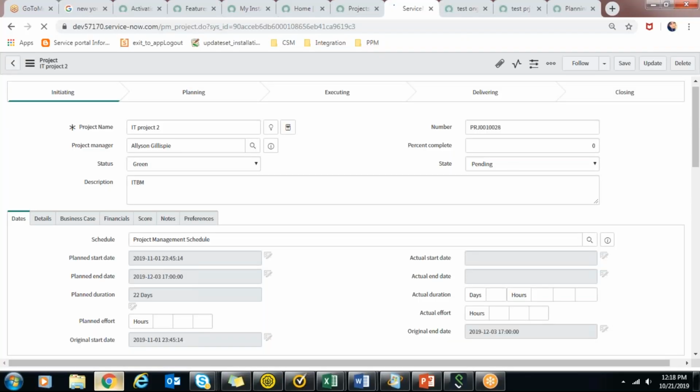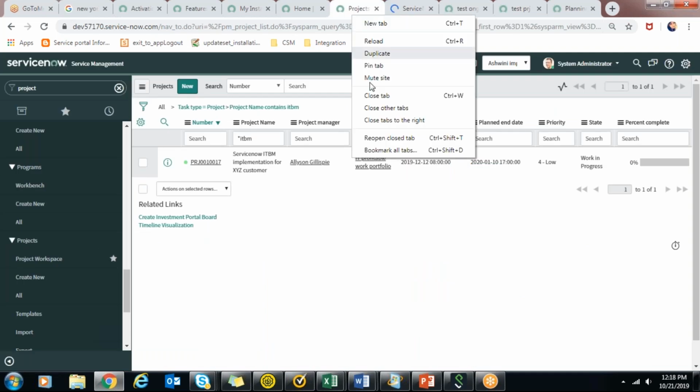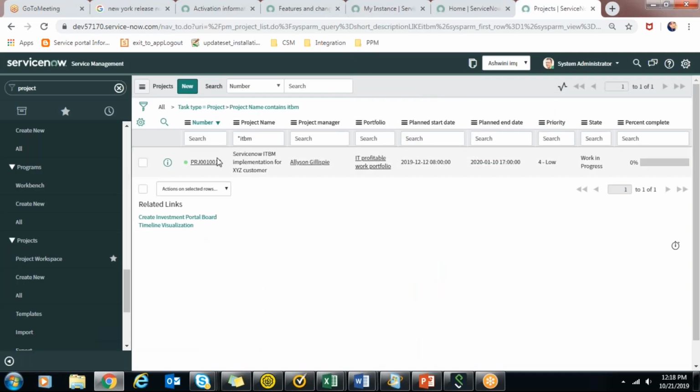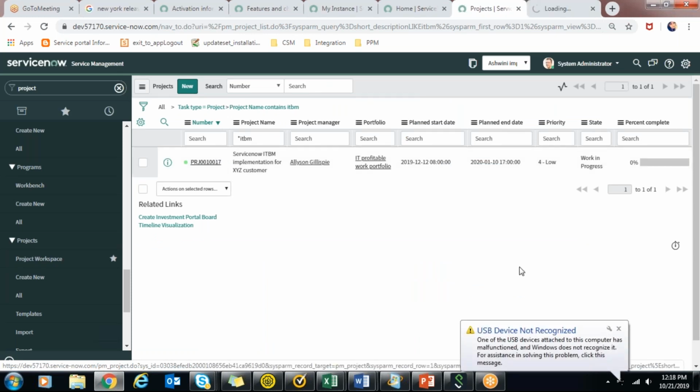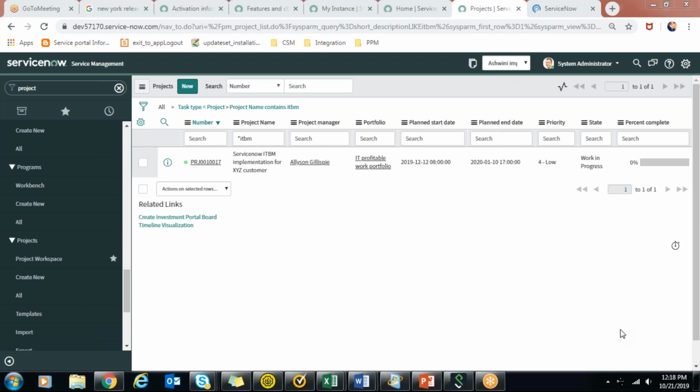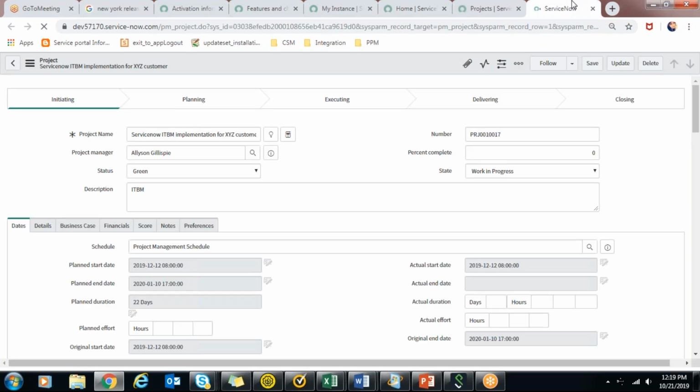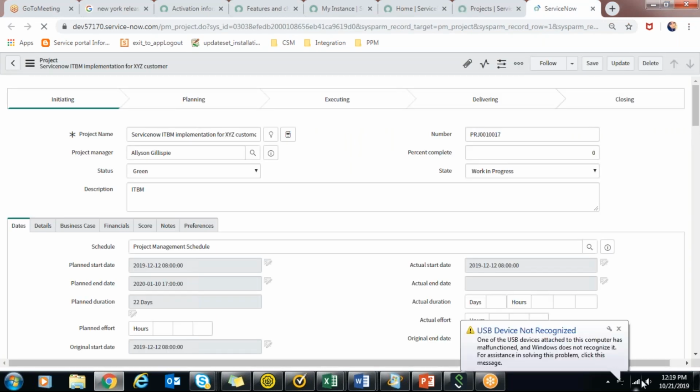So if there's a project for which you know that you need a resource group or a resource to work on, you have to create a resource group. Suppose I know that it's a ServiceNow implementation project and I need 5 or 6 resources for a duration of 3 months. I can do this as part of project planning, and it's called resource planning. Let me just try to disconnect and connect again.